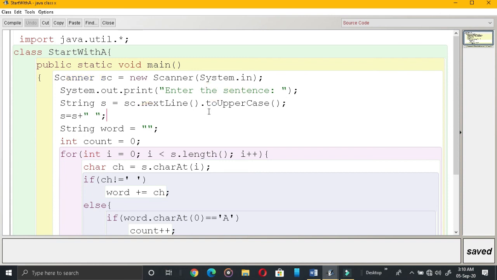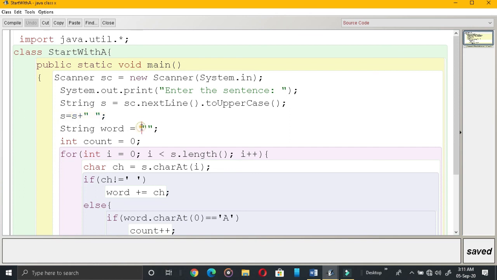I am reading that sentence and converting it to uppercase, and I am adding a space to the sentence, because I am going to extract each word, recognizing each word by using a space.